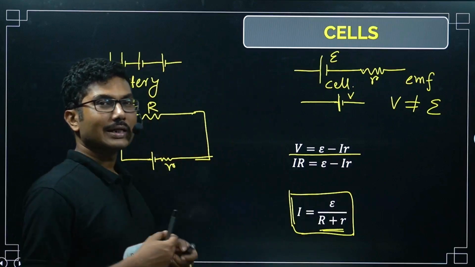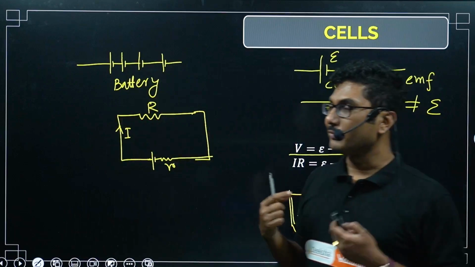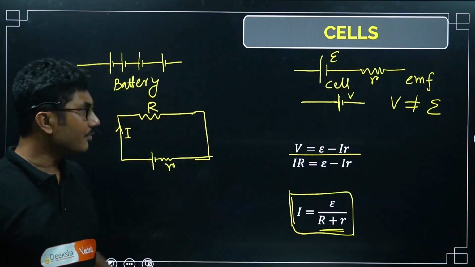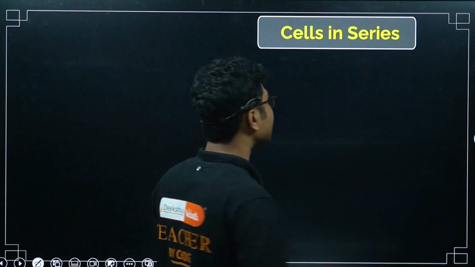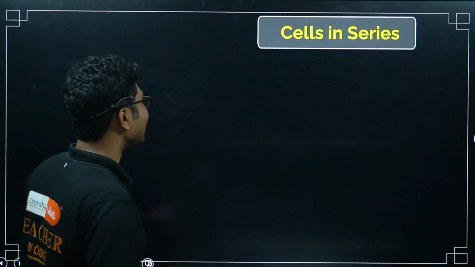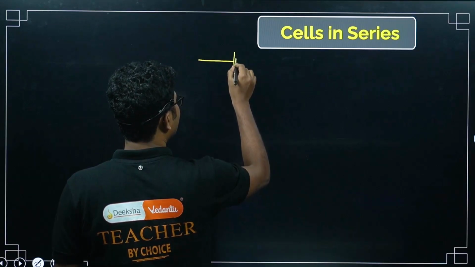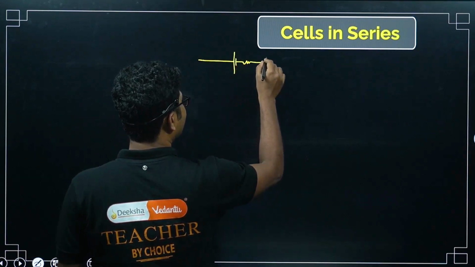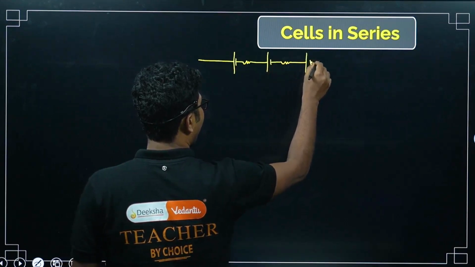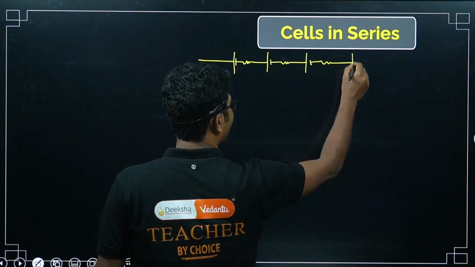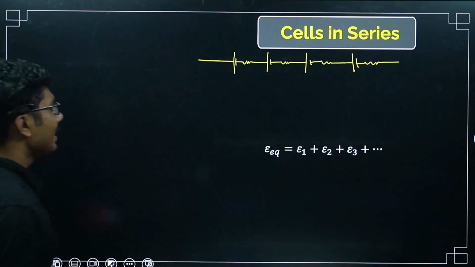Now we have to understand what happens when we use multiple cells, which we call combinations of cells. Let's look into the combinations of cells. There are two specific combinations. One is cells in series. So like resistances, if we combine one cell, when one is ending, another cell is starting, then this is called combination in series. Okay, in this case, the equivalent